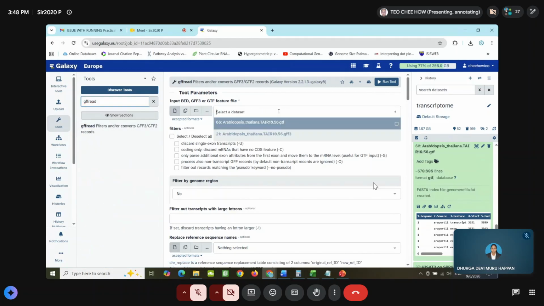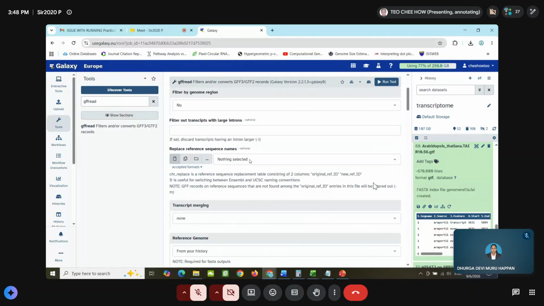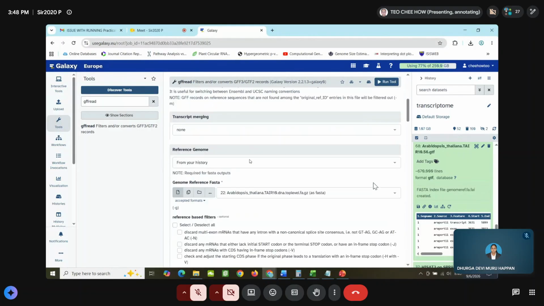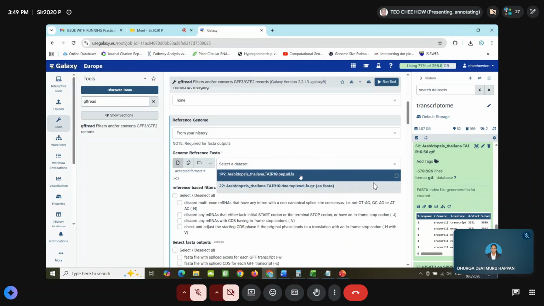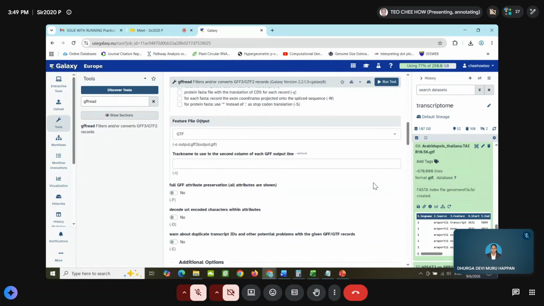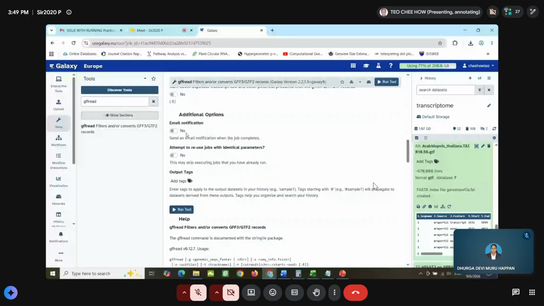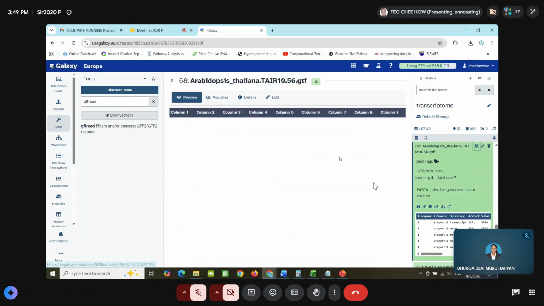So you input your GFF file, and then you choose the reference genome from history, which is the one that you uploaded. And then you want to convert the features to GTF. Then you just run.